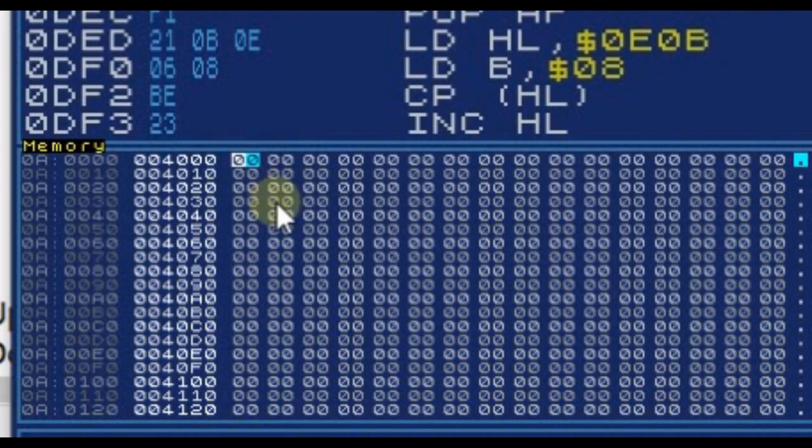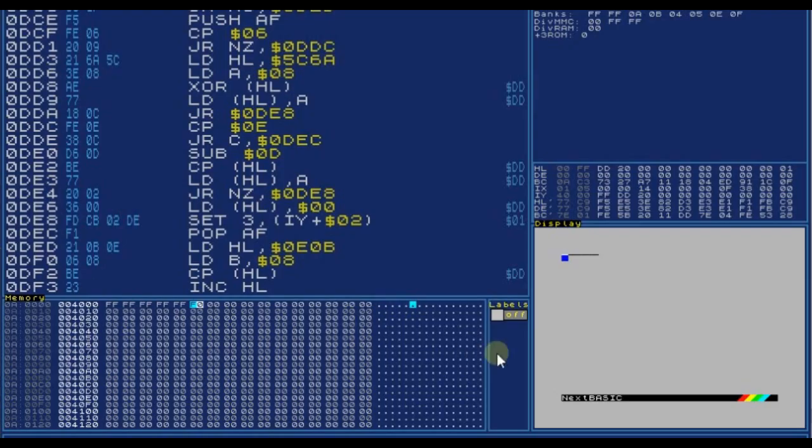So if I click on this memory location and I enter, let's say, FF, now memory location 4000 should contain the value of FF. And in fact, we can just keep going along here, and if I enter FF into all of these memory locations one after the other, by typing FF over and over again, you can see on our little display window here, which shows the actual screen that's being displayed within the emulator, you can see this black line starting to appear, and I'll just keep typing Fs,